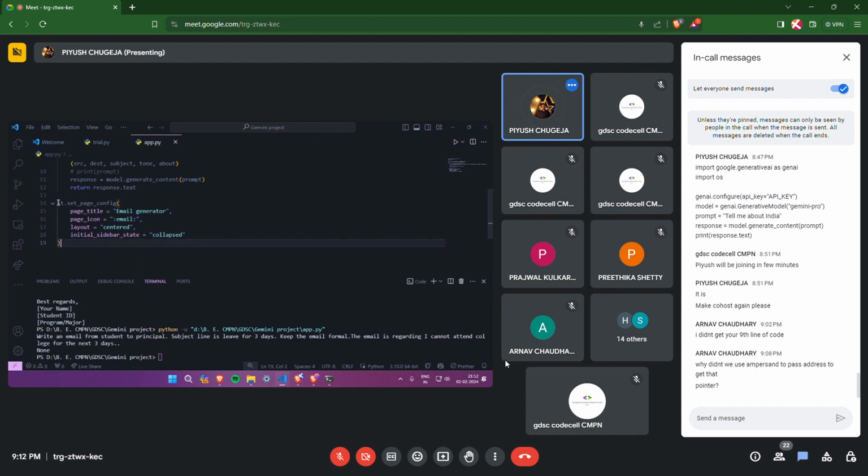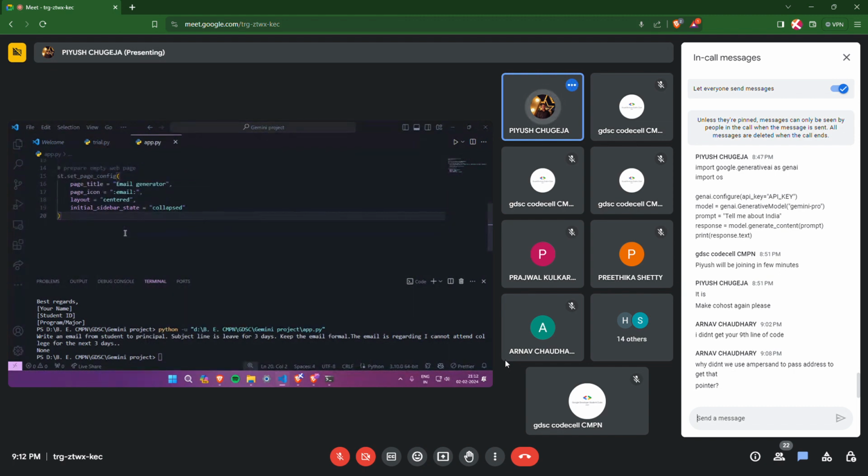Now ये करते ही आप लोगों का एक empty वेब पेज रेडी हो गया है. क्या हो गया, prepare empty वेब पेज. ठीक है, हमारा एम्प्टी वेब पेज प्रिपेयर हो गया. अभी हम क्या करेंगे, इस वेब पेज के ऊपर टाइटल्स डालेंगे ना, यूजर को पता भी तो चले हमने बनाया क्या है.